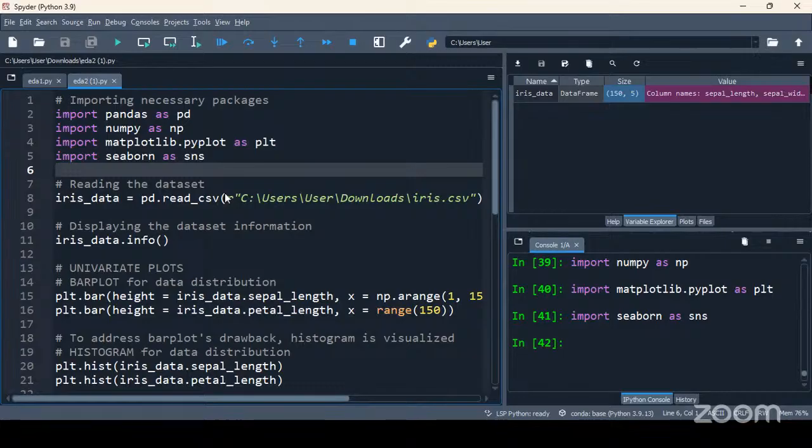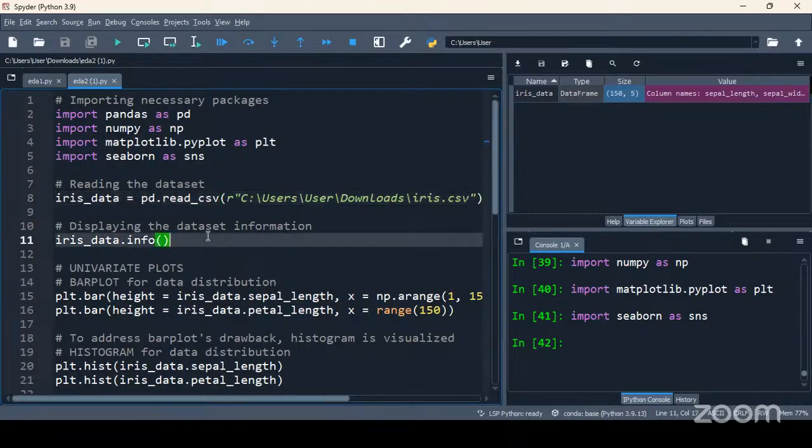Now I'll start working on the data one by one. Anyhow, I need not run this line of code. Why? This is my data set, right? Already I have the data set here in the same variable. So I'll skip this line and directly go to the info function. What is the purpose of the info function?